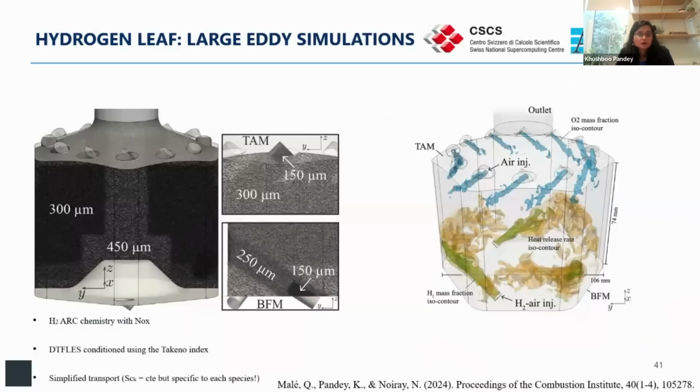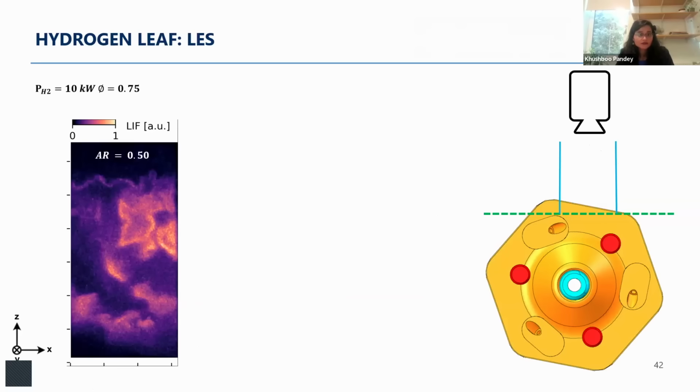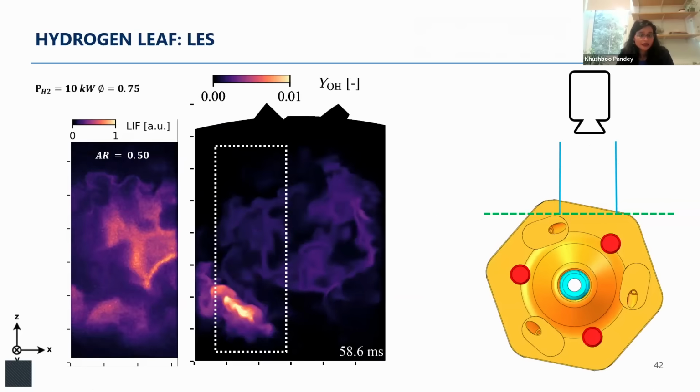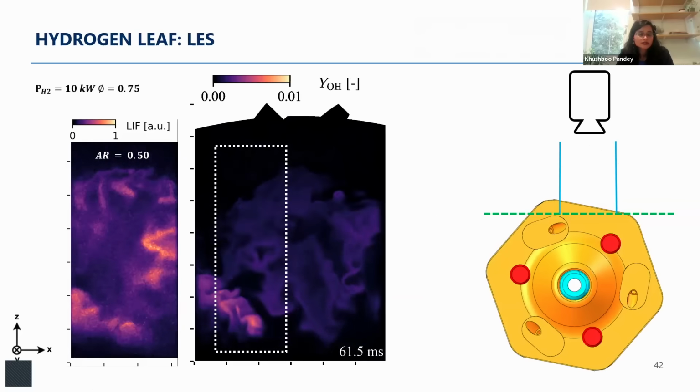Several large eddy simulations were performed here by the ABBP code, and more details can be found in one of our Proceedings of the Combustion Institute papers on the methodology. But essentially, the LEAF LES was utilized to see the temperature distribution in the combustion chamber, the mixing characteristics of the hydrogen flame and flow in the chamber, and how that affects the NO formation. First, the LES was conducted for AR ratio 0.5, and we see that it is quite close to what we see in the experiments